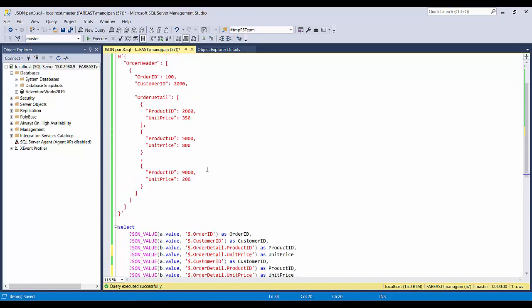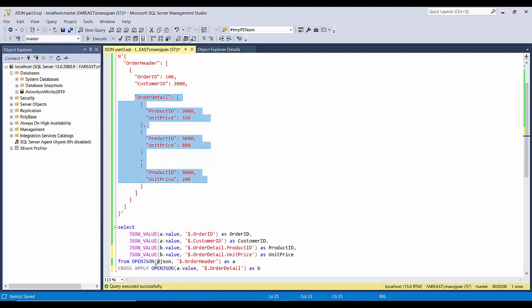So order header contains order ID and customer ID. We are just going to parse it with this particular JSON, which we have aliased as A. So A dot value with order ID and customer ID, and this order detail we are going to parse over here.